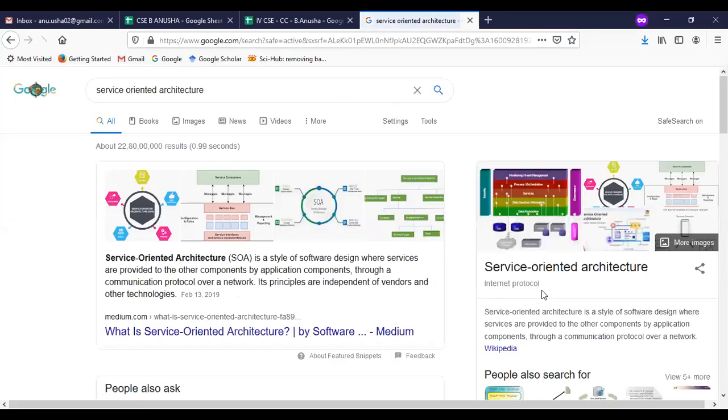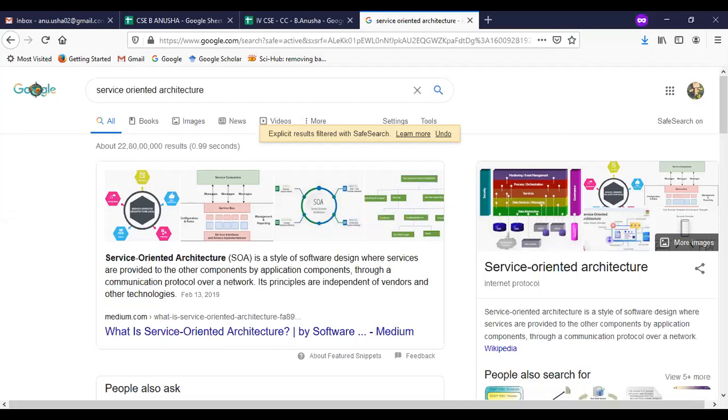Service oriented architecture. I want to know about the service oriented architecture. I don't know what it is, and I want to do some research on it. I want to get the data about service oriented architecture.